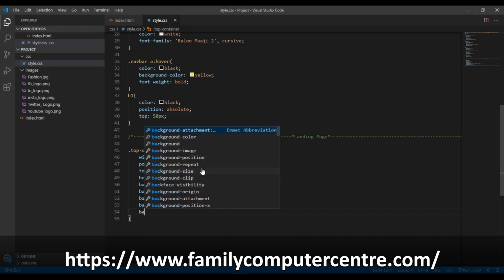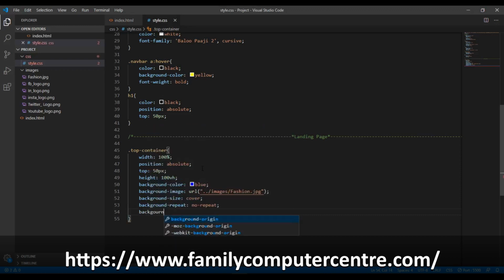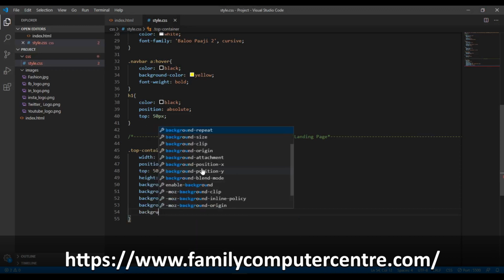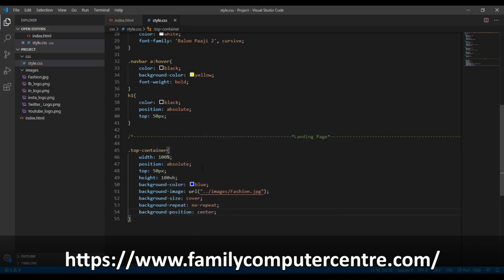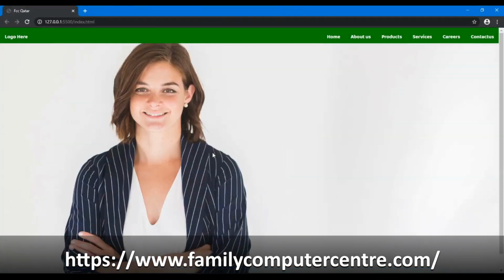Then I will set the background position to center of the division box. So now our background image is exactly same like this. So this is my landing page. So I haven't finished. I just want to show my company name and my company logo here in this white